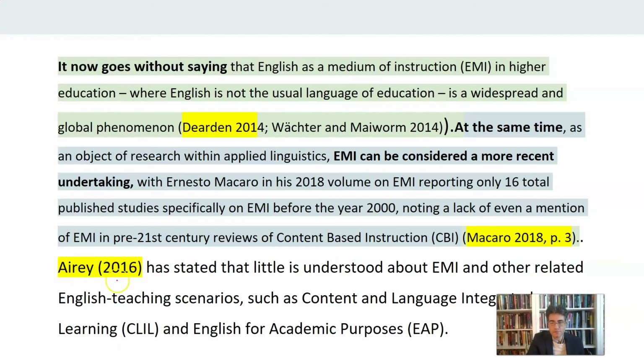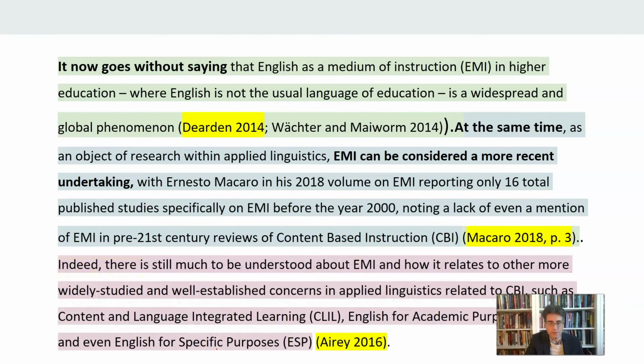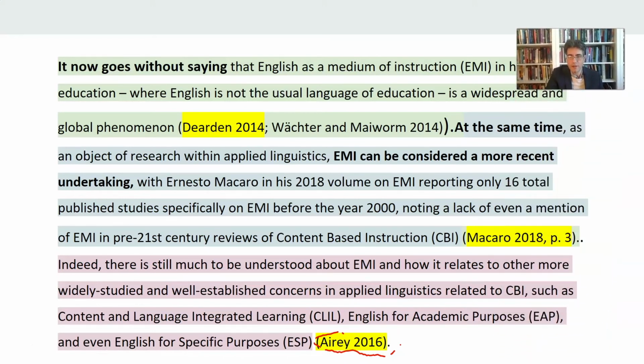Okay, finally, the third sentence here in this short paragraph. Airy has stated that little is understood about EMI and other related English teaching scenarios, such as content and language integrated learning and English for academic purposes. Again, the same problem with Airy coming in as foregrounded when he shouldn't be. Once again, in the improved version, you have him as just supporting my own voice, supporting my own discourse, and